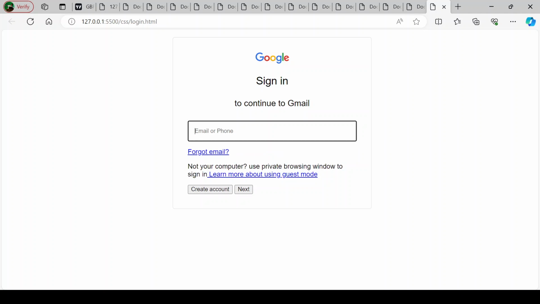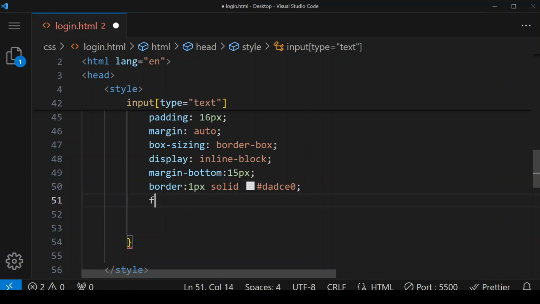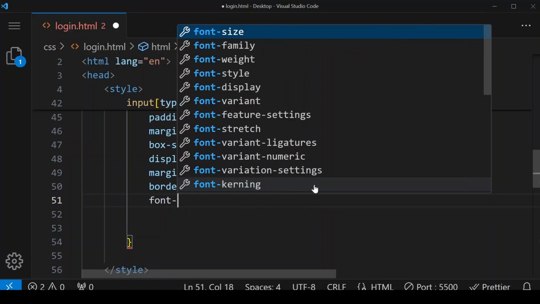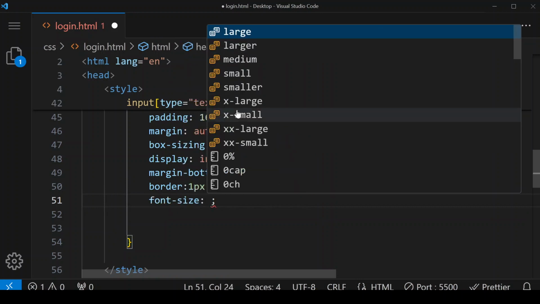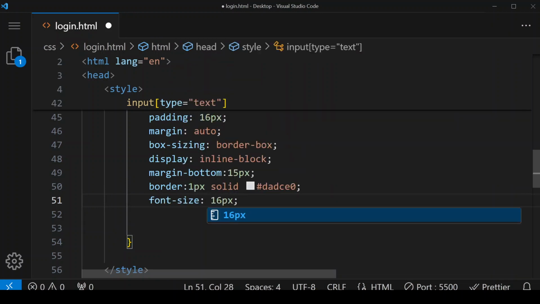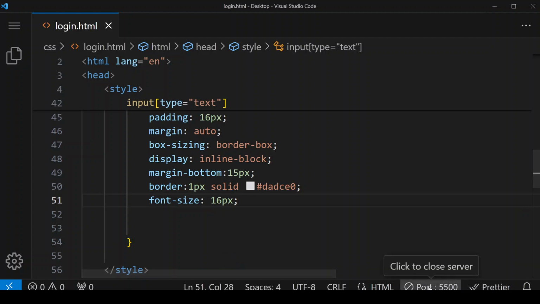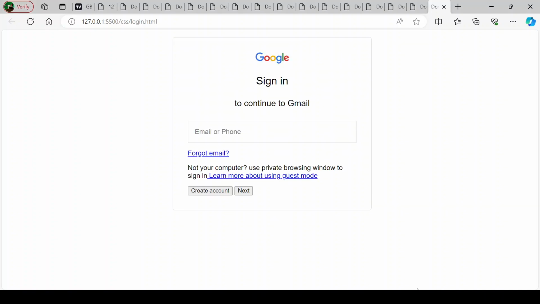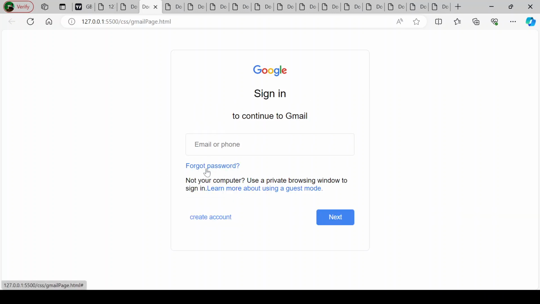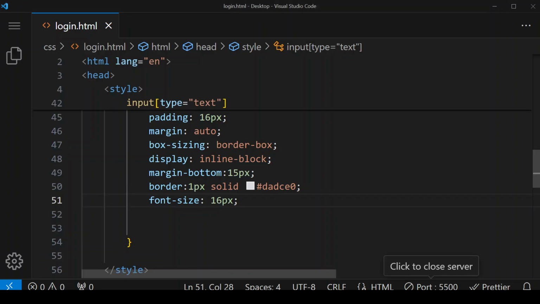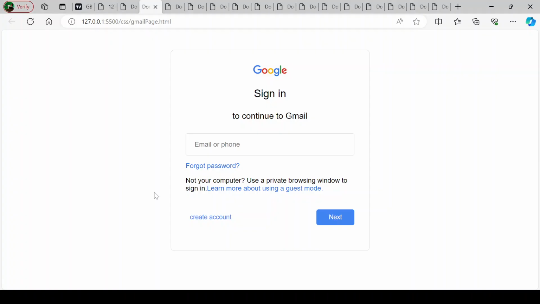Okay, now we have to increase font size of this email or phone. So here we have to write font size, and here I'm giving font size to be 16 pixel. Save it and go live. So it has increased. Now this hyperlink, we can see that here there is no underline, so we have to remove this text decoration. For that hyperlink, okay, before that hyperlink, one more thing we have to do with this text box is